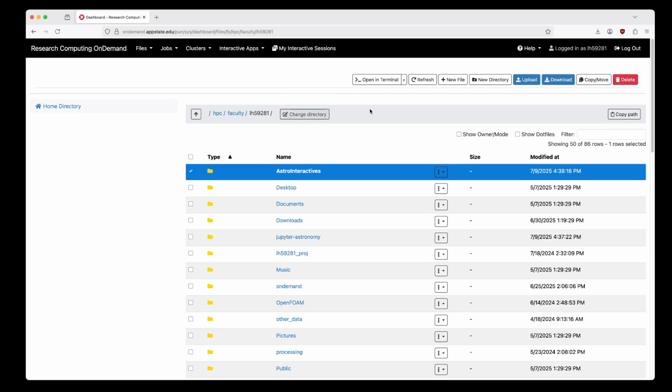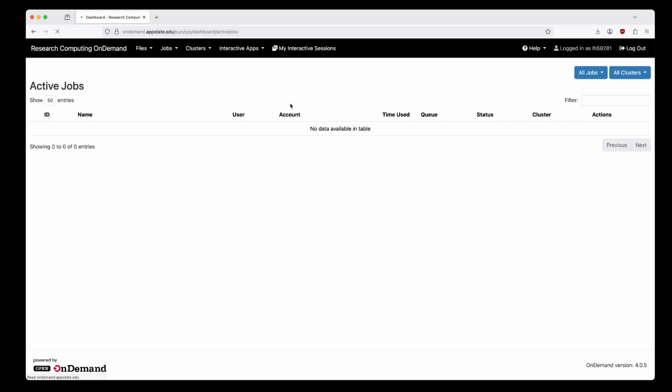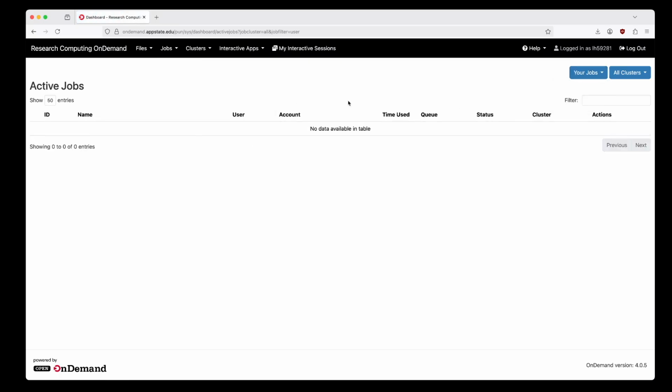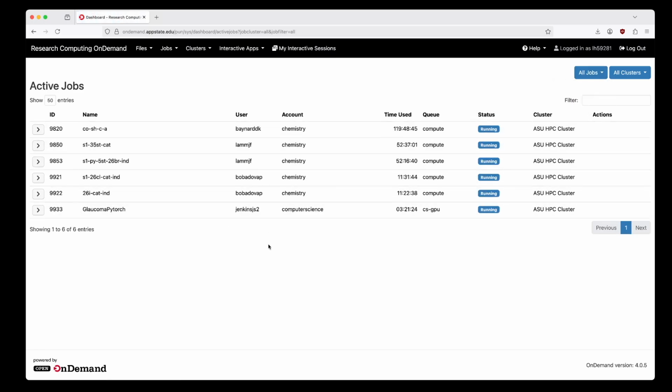After you're done in here, you've got a few other things you can do. You can look at our active jobs. So we're going to go here to active jobs. Right now, I don't have anything running. So by default, it should drop you out to your jobs. I had it set to all jobs because that's what I last looked at. I don't have anything running, but if I look at all jobs, you'll see that there's a number of people